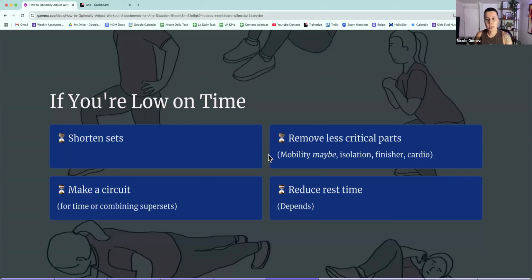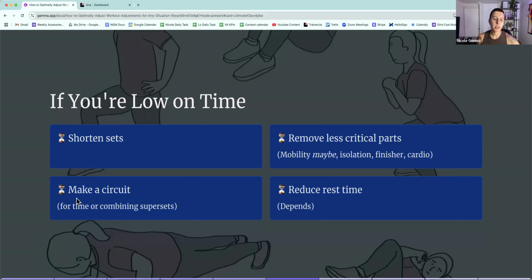Another thing that you can take out is an isolation exercise. So again, I'm low on time. I could do my squat, I could do my hip thrust, I could do my split squat, but the leg extension, it's whatever. If I can't get to it, it's fine. The curls on an upper body day, it's fine. I can take it out. The lateral raises, it's fine. I can take it out. Again, we don't want to do this all the time, but for the times that something is better than nothing, you can take out the things at the end of the workout. Your finisher, that core work, maybe the cardio. Focus on the main lifts, focus on the hardest lifts.